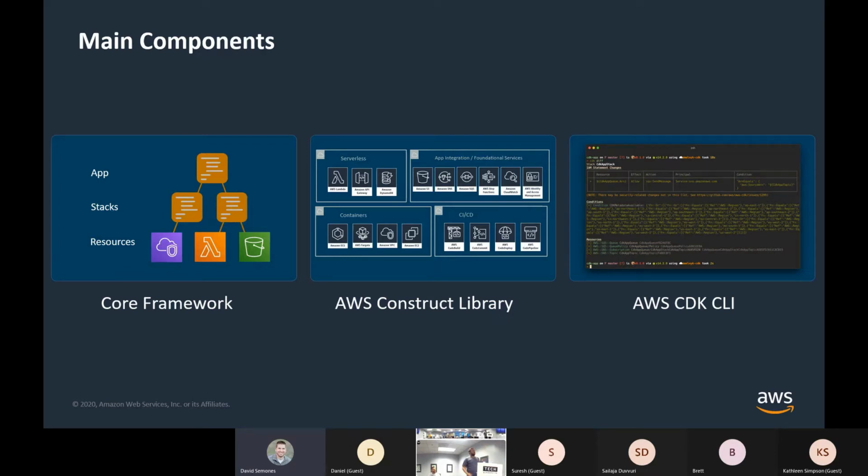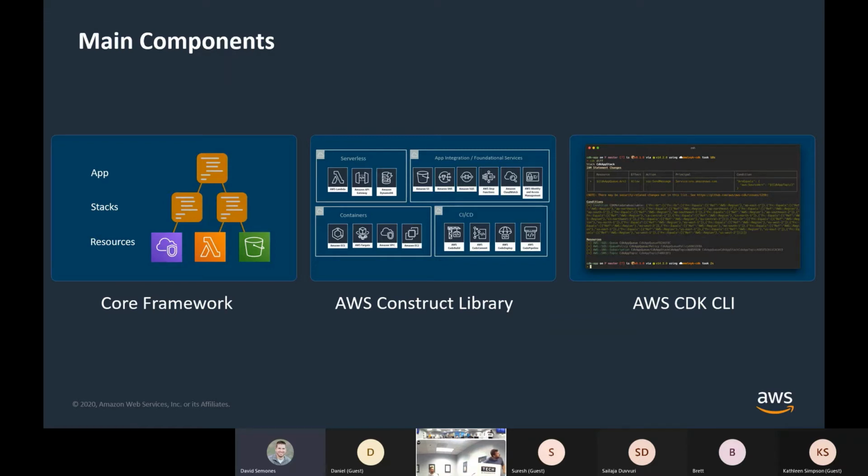The next part is the construct library. Each of these core bits inside of here for the resources is what we call a construct. We'll go into a little bit more detail about what a construct actually is and the different types of constructs, but you can generally think of a construct library as a collection of constructs that correspond to an AWS service. So there's one library per AWS service.